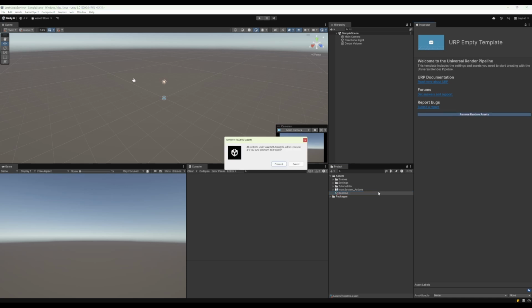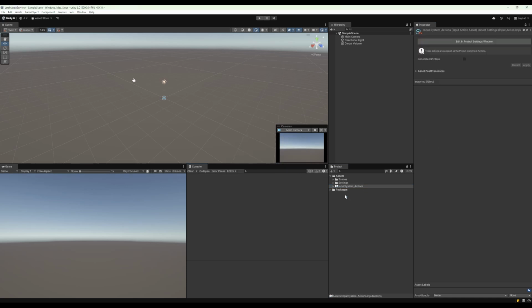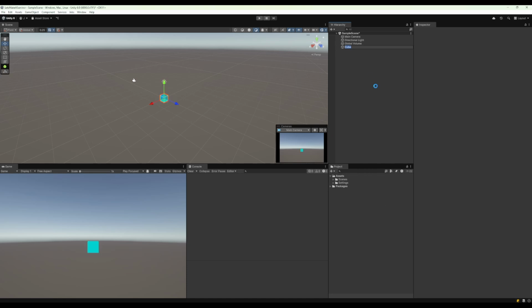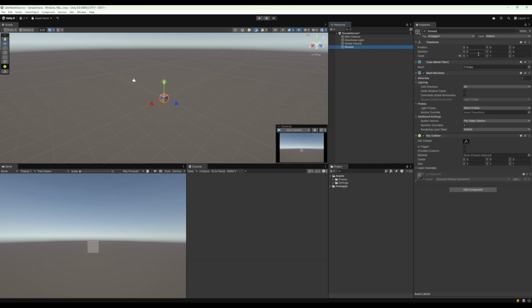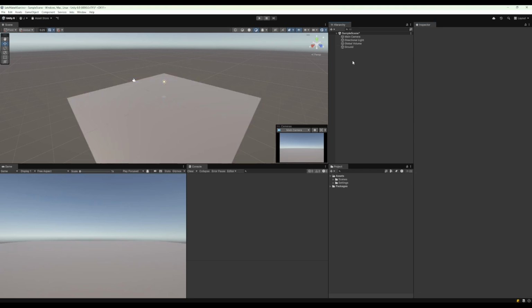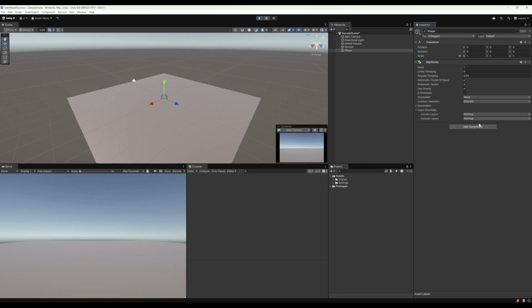To begin, we're going to remove the tutorial assets that come with the project, deleting the input system's actions that come by default, and then creating a quick scene. A cube for the ground, 25 on the X, 25 on the Z, down 0.5 to put it below the grid, an empty for the player, to which we will add a Rigidbody component and a capsule collider,